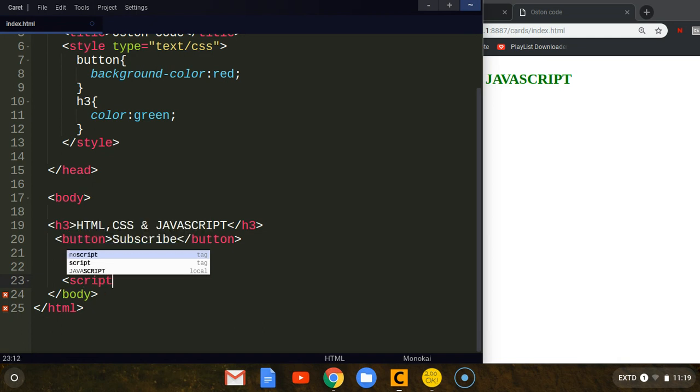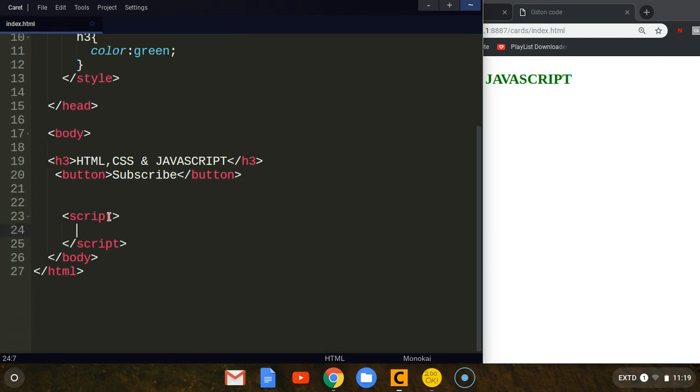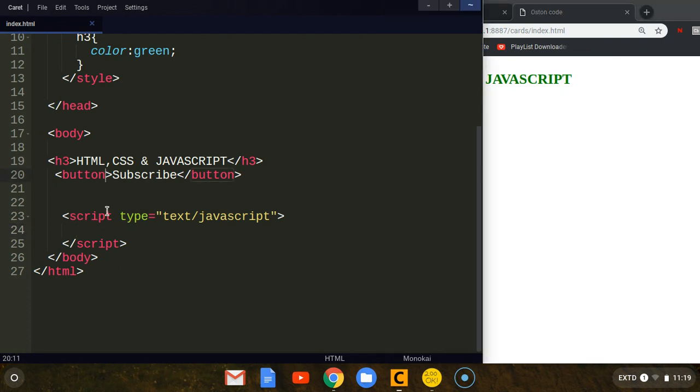And we are going to put script. As I told you, we can place the type attribute and we say it is text/javascript. You're telling the browser what kind of file this is, but it is optional even if you don't put that. Now what you're going to do, give an ID to this button,